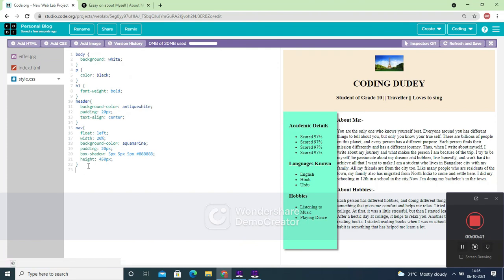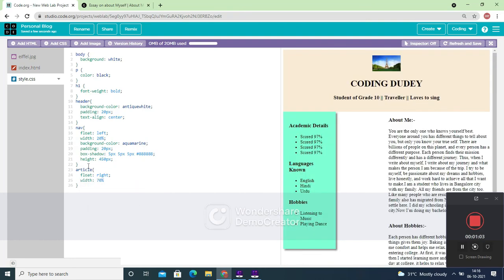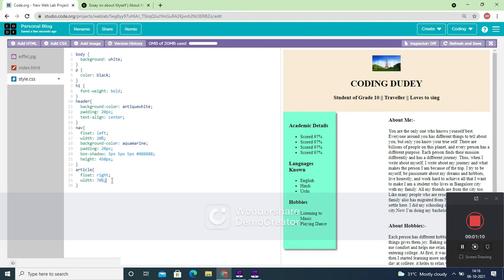Okay, so now let's set the style. Here we are first going to give like article. Let's give like float, right, width 70%. I think 75 will also be okay, or 70 is okay.